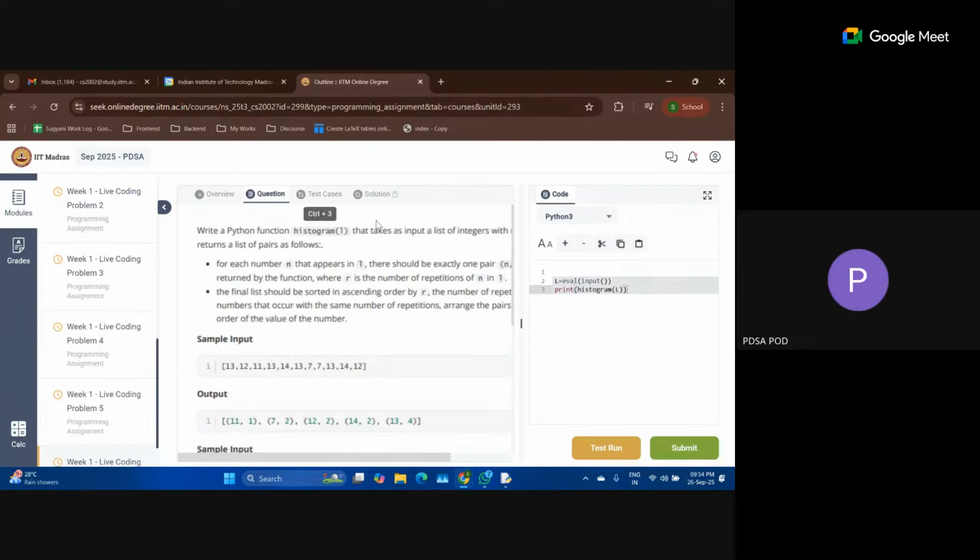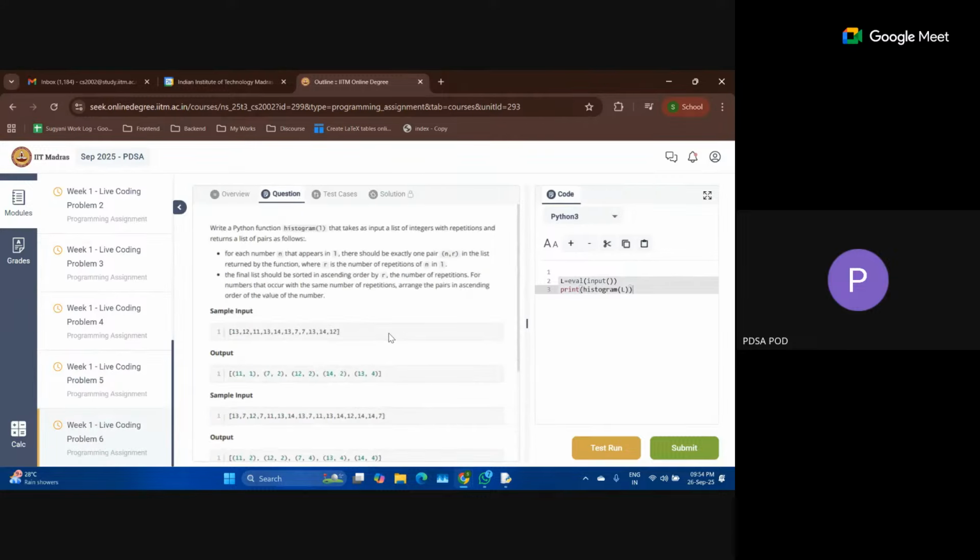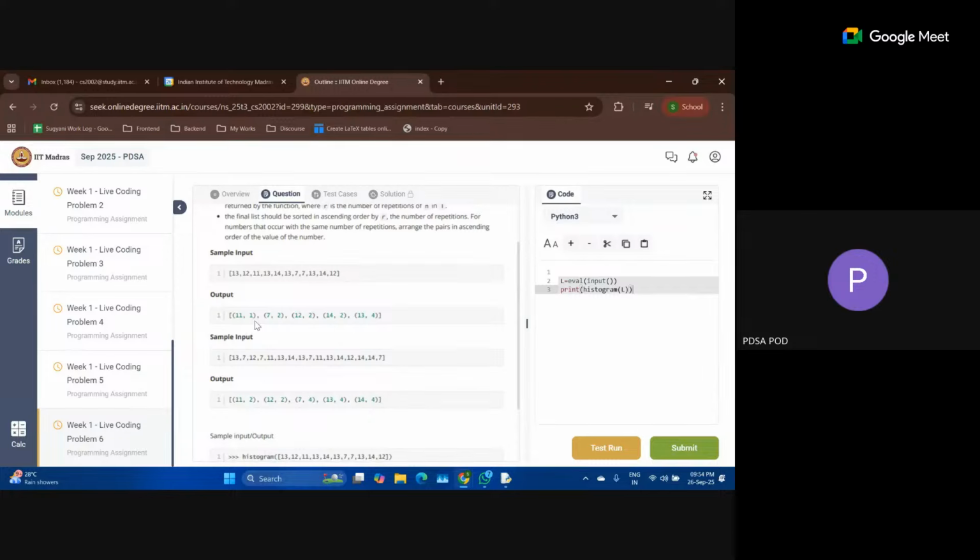Okay, so what is the sixth problem? The sixth problem is a little bit of a complicated problem. You are given a list of numbers, and for every element in the list, you have to find how many times it is occurring. So you have to generate a list of tuples.